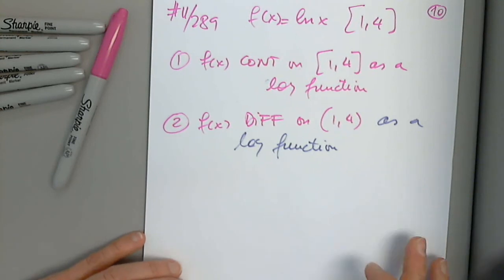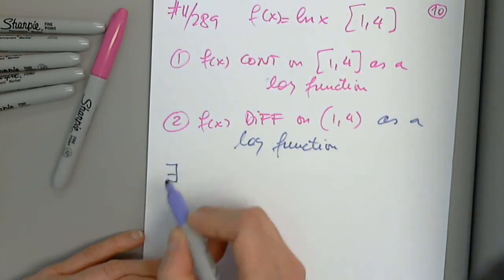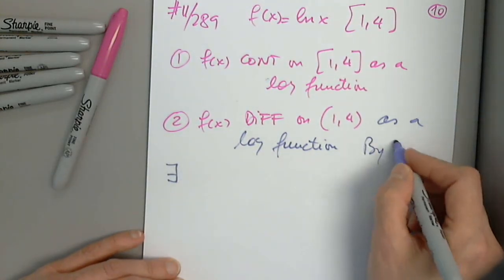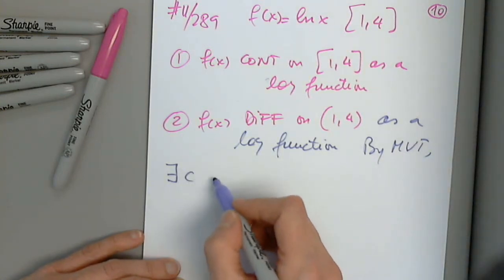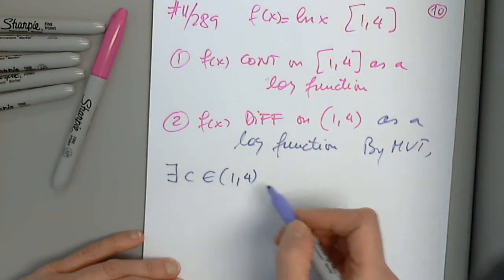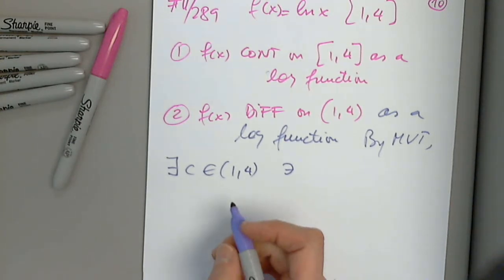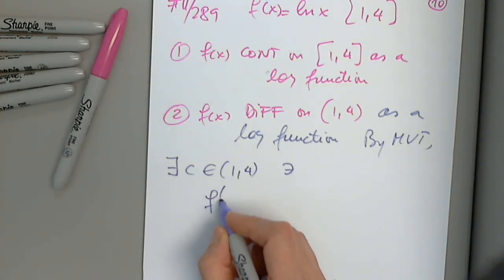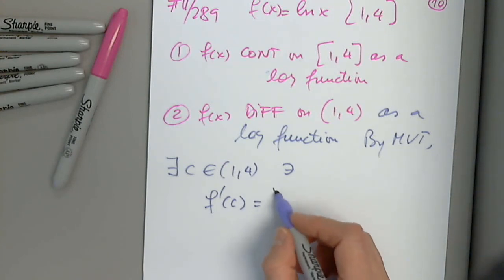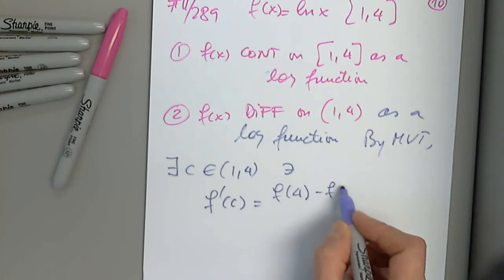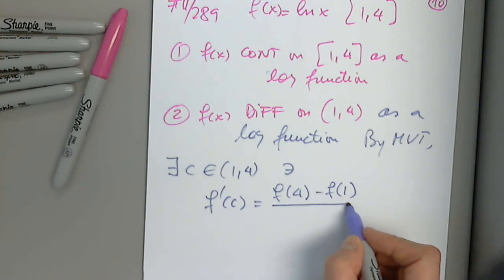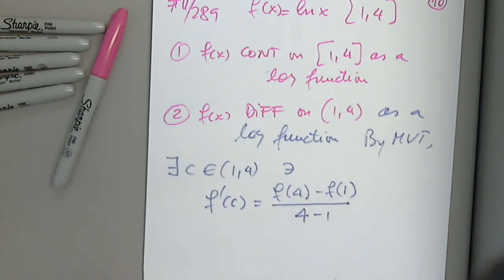Because both our conditions are fulfilled, we will say by MVT there exists a c in the open interval 1, 4 such that f prime of c equals f of 4 minus f of 1 over 4 minus 1. Indeed. Let's find the